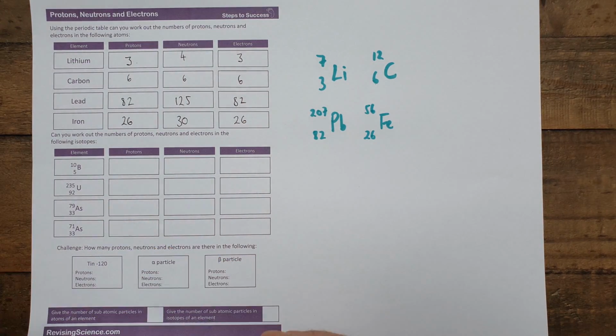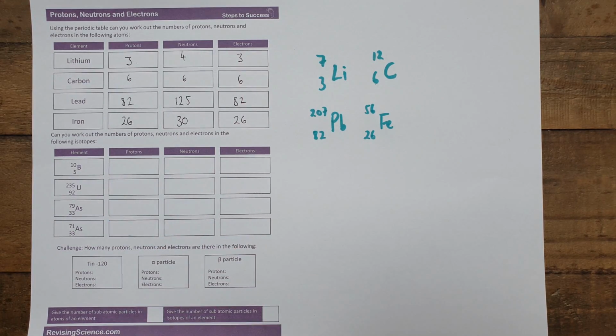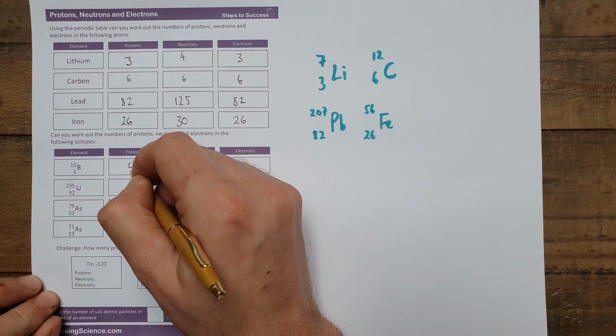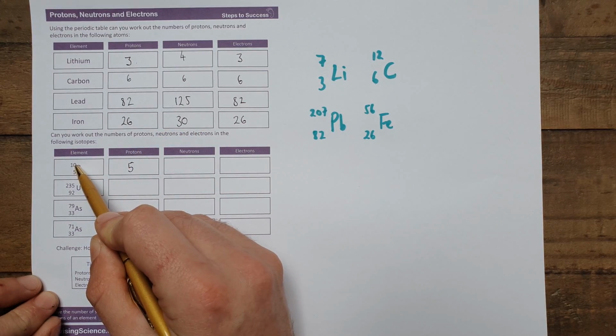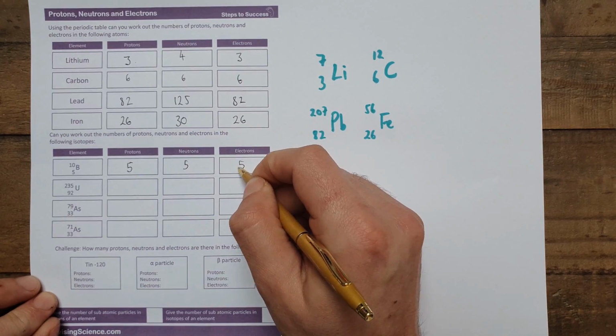In these examples, you'll see that the isotopes are different to the periodic table numbers, so we're going to use the examples here rather than our periodic table to work it out, but it's exactly the same process as before. So again, the bottom number is the proton number, which is 5. The neutron number is the relative atomic mass minus the proton number, which again is 5, and the electron number